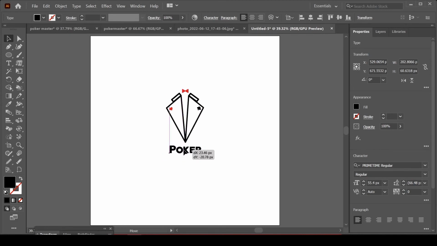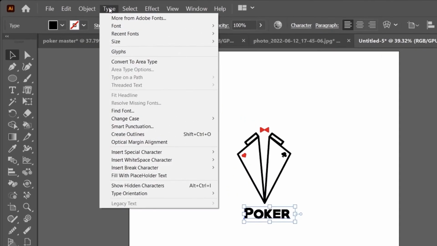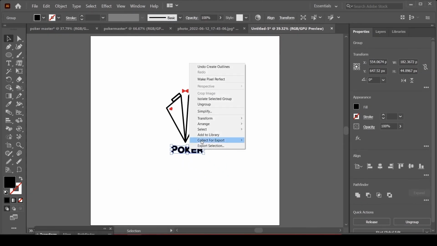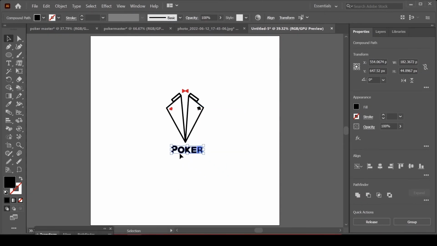I'm going to Object, Create Outline, and ungrouping them and taking these all out,